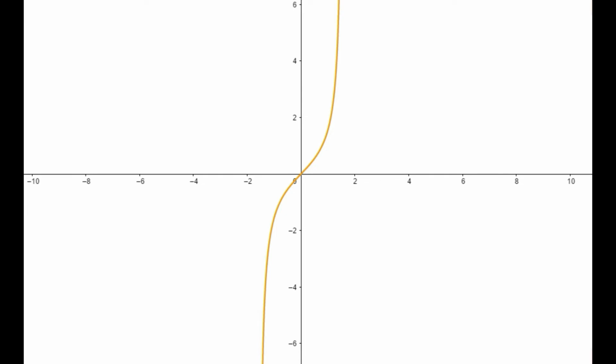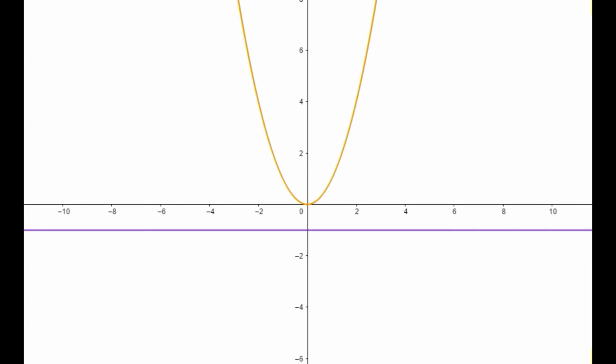So if you look at this function f of x is equal to tan x, where the domain x is from minus pi by 2 to pi by 2, then how do we check the given function is 1-1? We just draw a horizontal line. If the horizontal line intersects the function only at a particular point, then the function is said to be 1-1, right? So here if we draw the horizontal line anywhere and it intersects the function only at a single point, then the function is said to be 1-1.